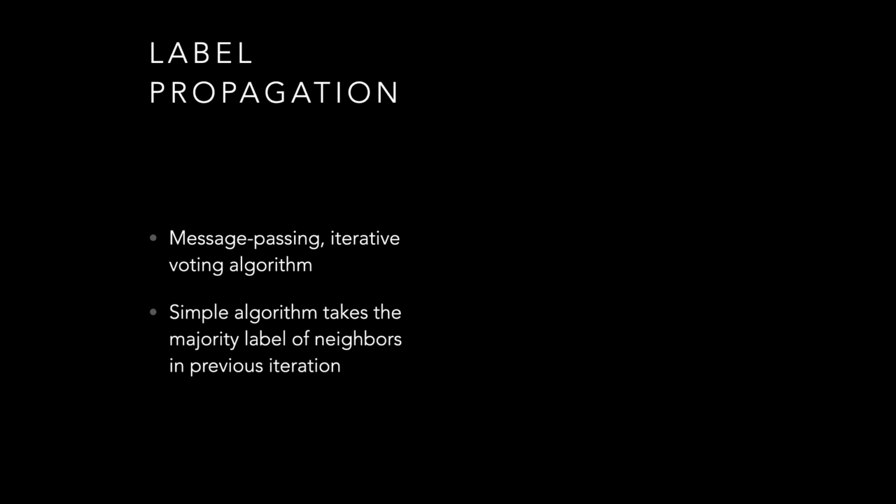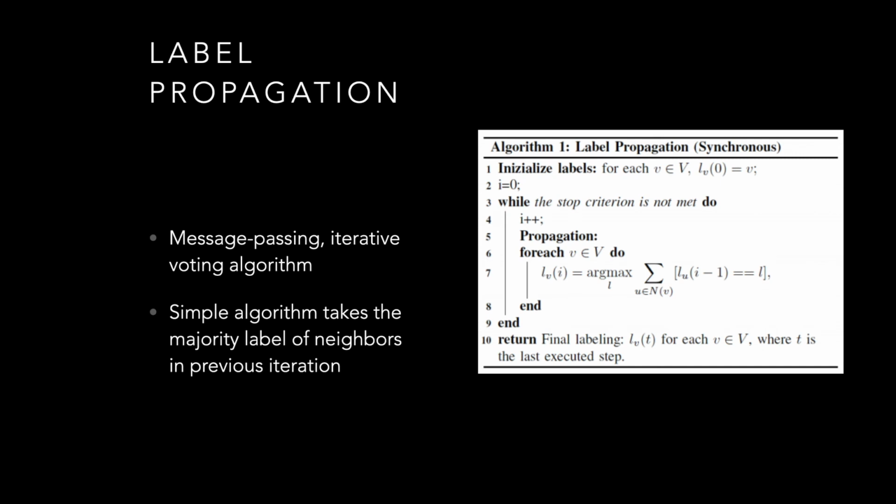The simple algorithm here is that a node takes the majority label of its neighbors, and this is an iterative approach, so you keep iterating on potential clustering until some stopping condition is met, and in each iteration all the nodes look at their neighbors and take the majority label from their neighbors. So a very simple algorithm. Like I said, it's got some stopping criteria, and as long as we haven't hit the stopping criteria, we're just going to, for every node,